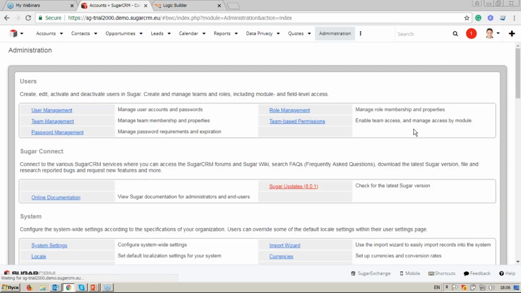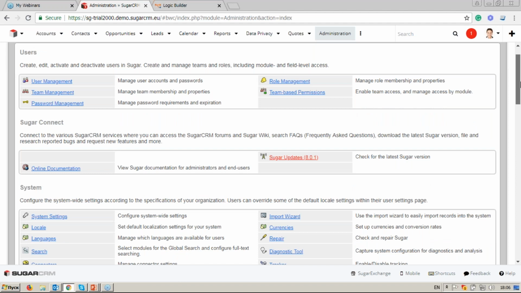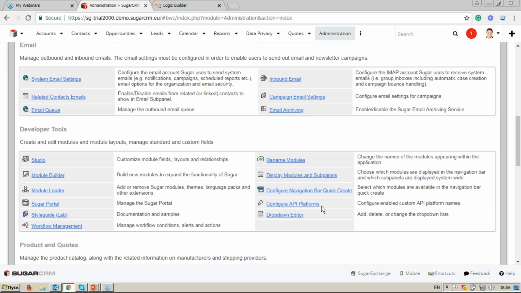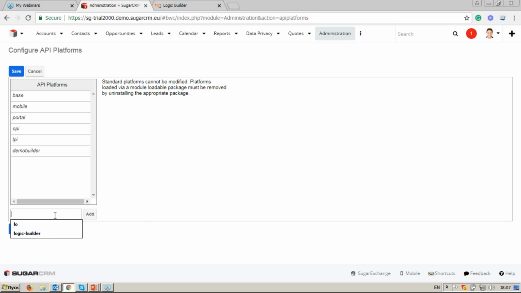For this, I navigate to Administration and then proceed to Configure API Platforms and simply type here Logic Builder. Chrome hints to me what I need to type. It's Logic Builder, and click Add and Save. So these are very simple steps to register your custom platform. If you are using Sugar version 7.11, you will need to download in your Sugar a